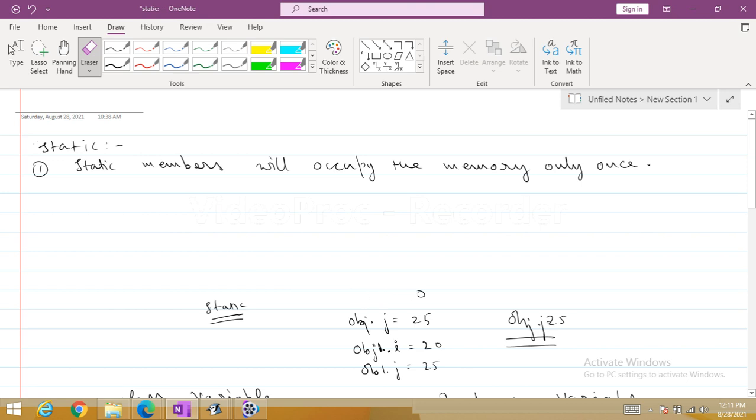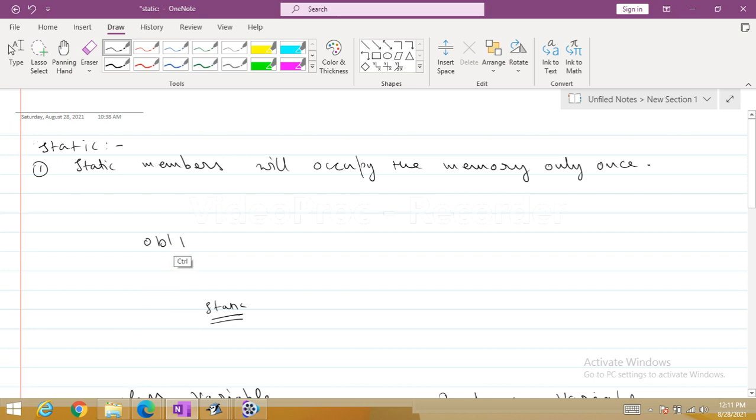What I have done here is I will show you how it works. It's really very easy. Since we have created the first object by the name of ob1, the initial data stored in ob1 is null. When you write new static D, the memory for I is allocated and the memory for J is also allocated, because it's the first allocation in the memory.